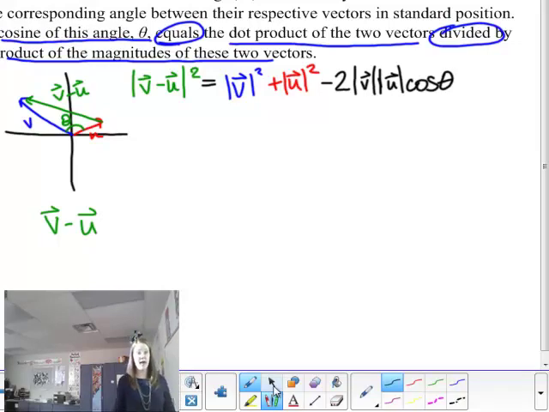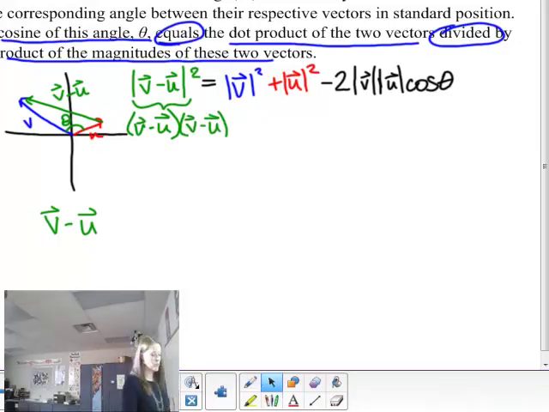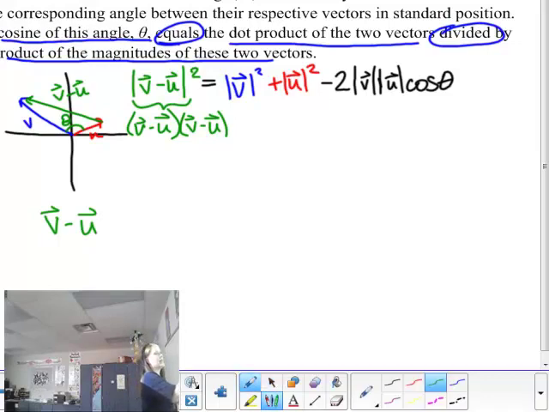Okay, so we've got a whole bunch of algebra to deal with. The first algebra I'm going to deal with is this right here. Well, squaring something means writing it twice. And if I multiply out vector v minus vector u times vector v minus vector u. All right, if I have anything being multiplied by itself, obviously I could take vector v times vector v, minus twice vector u times vector v, plus vector u times vector u. But the property that we just covered a second ago said that when I do this dot product, I'm going to get